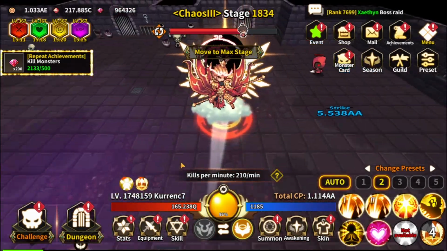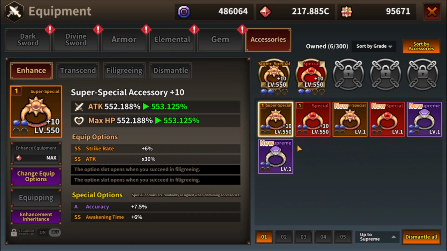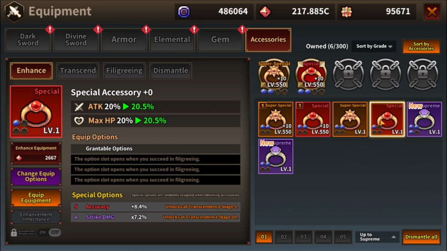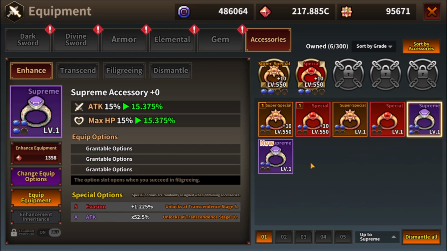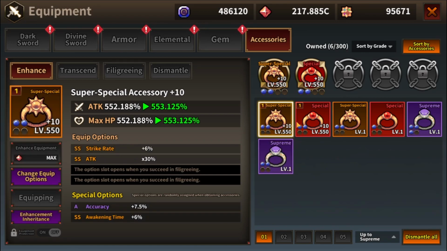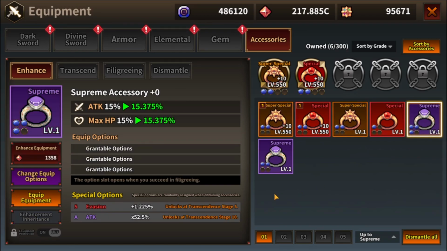Okay, so let's go back to the accessories. Let me show you here. All right, so we can see we got new stuff. Not the greatest, to be honest. Neither this one, or this one, or this one. So basically, what I'm aiming for, I'm looking for the special options for attack